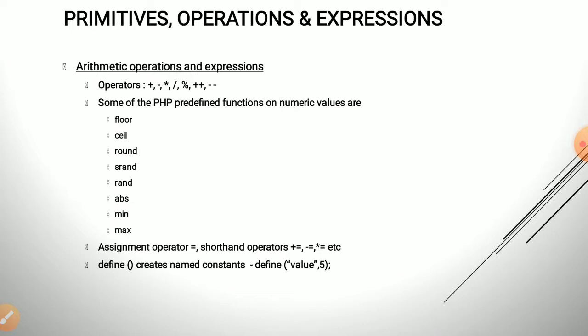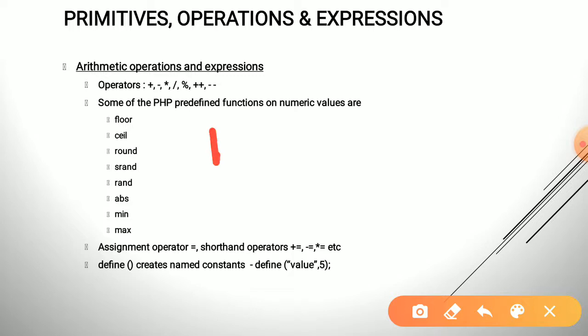Then another function is abs. It takes a number as an argument and returns the absolute value of the parameter. So if we give abs of some negative value, it returns a positive value. Then the min function takes one or more numbers as arguments and returns the smallest number among them.